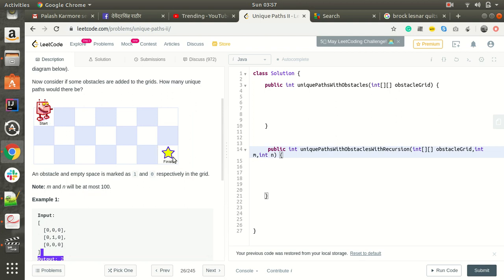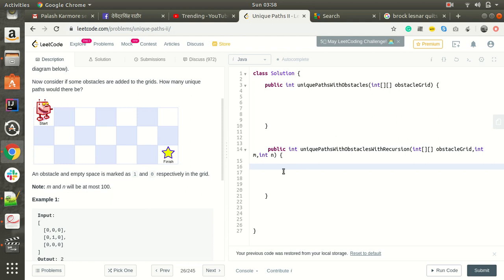If m is equal to obstacleGrid.length minus 1, meaning the last row, and n is equal to obstacleGrid[0].length minus 1, the last column, this location we can represent with this column and this row. So if it is able to reach over here, we can just check with the lengths.